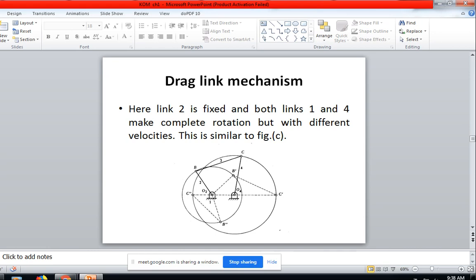Okay, I have just shown that link 2, meaning the crank, can be fixed. So this is considered as the crank in this case. As O2 O4, the shortest link, the distance is made fixed and motion is given to the other part. So this smallest one is now considered as 2 here, and you can see the entire motion take place, rotation takes place from O2 B and then O4 C, full rotation takes place. But with different velocities. So this becomes the drag link.